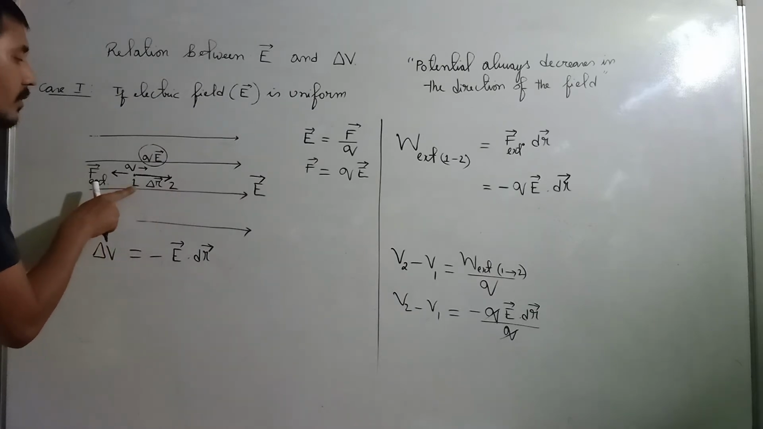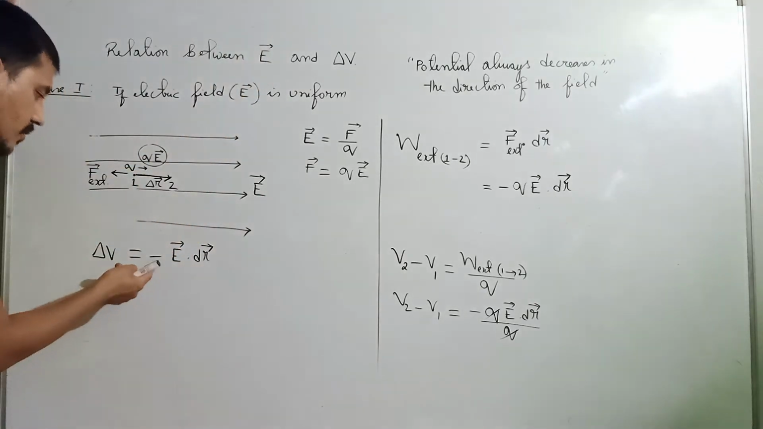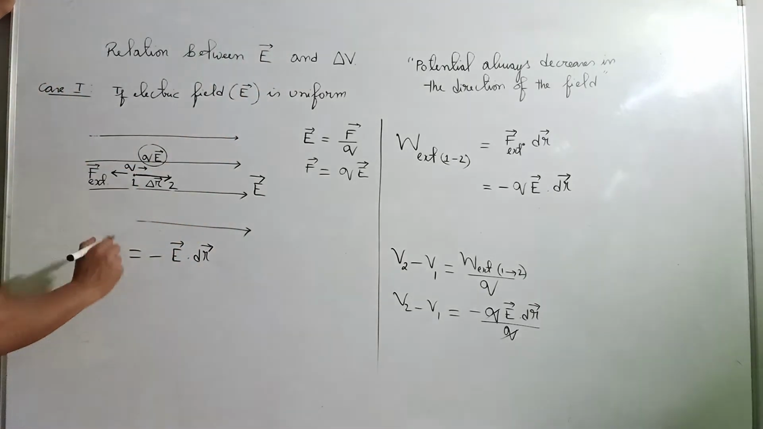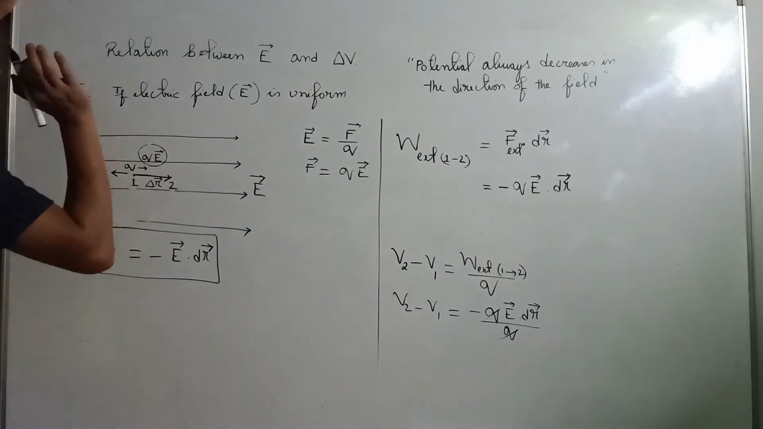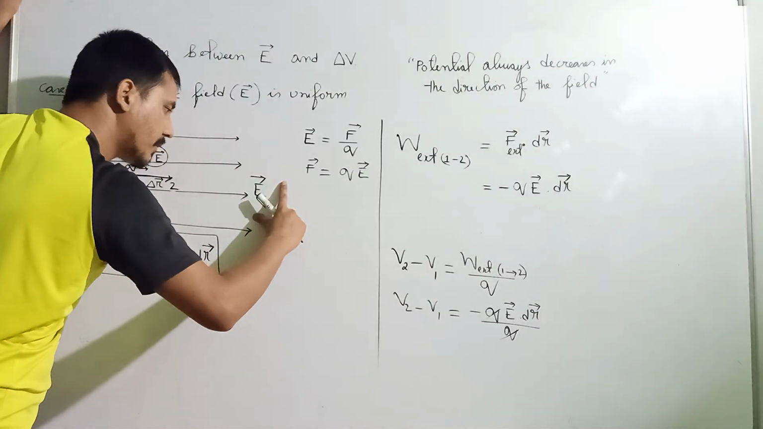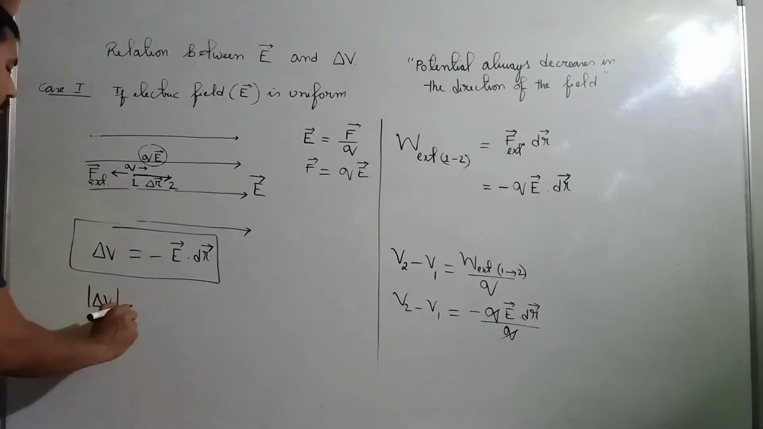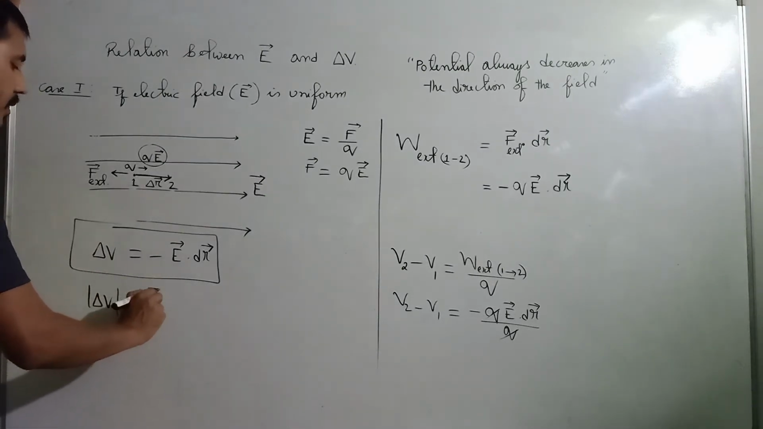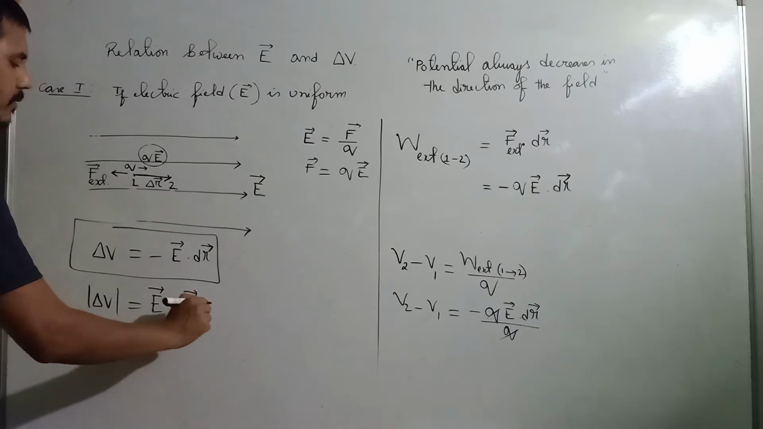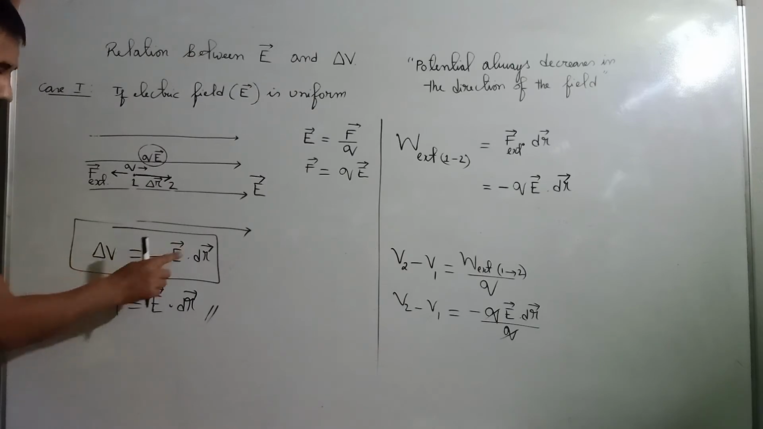V1 is at a higher potential than V2. So V2 minus V1 means lower potential minus higher potential, so negative potential. Actually, this is the required expression for the relation between electric field and electric potential difference if the field is uniform. But if you consider only the magnitude, then the magnitude of your potential will be E dot dr in vector form. Is it okay? If you consider only the magnitude, then you have to remove this negative, then E dot